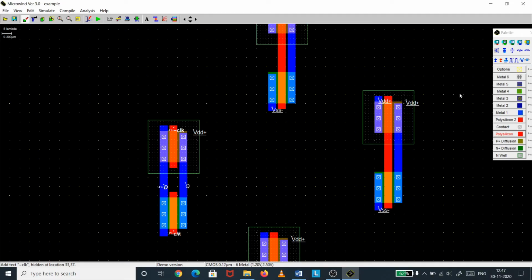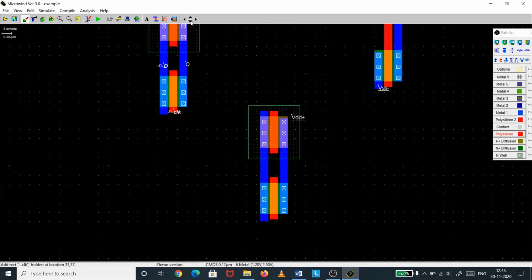Now next, the same clock and clock bar should be given to the second transmission gate. So here for the PMOS clock and here for the NMOS clock bar. Either you can copy this and directly connect here, that is also okay, but I will give separate inputs.